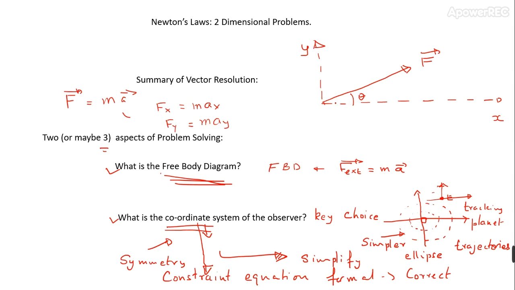For this, you will have to break up this vector as a sum of two vectors, and I strongly recommend that you draw the arrows. Why? Because first of all, it will be obvious to you that F is actually equal to F1 plus F2, where F is a vector, F1 is a vector along the x-axis, and F2 is a